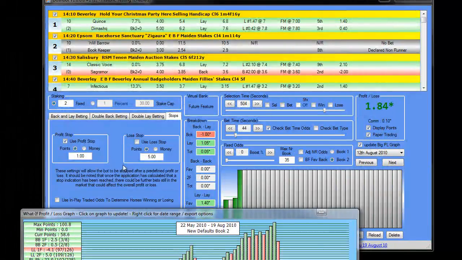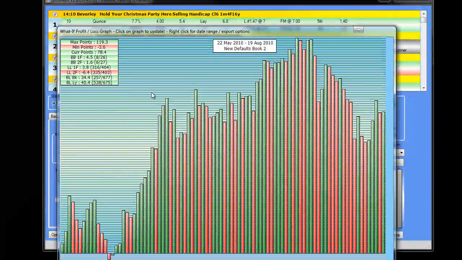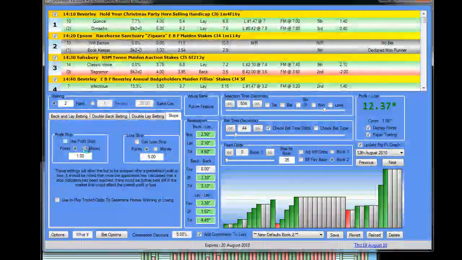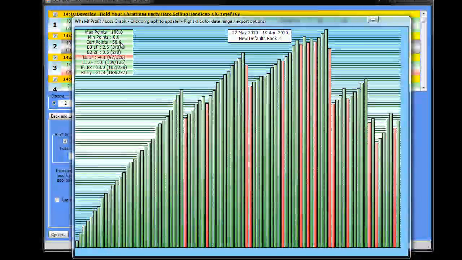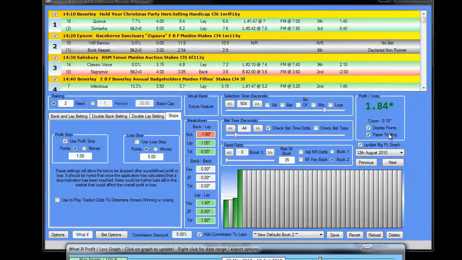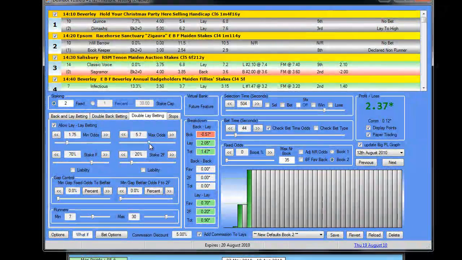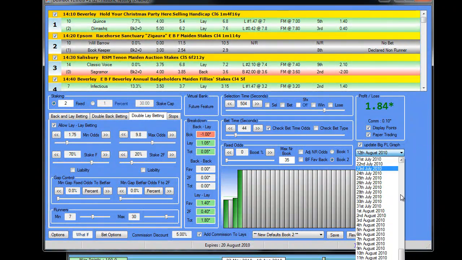But if I uncheck that, we can see how it would have done. Oh, lots more red. And that was 78 points in total. As it was checked, it's actually less. It's 58 points in total. And then there's so many things to tweak on here that you can play around all day. I think those max odds might be a little bit high. So this is the beauty of the back-test. You can go over any day you want from